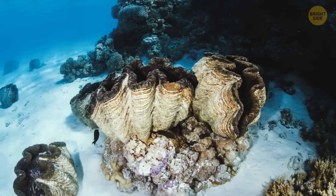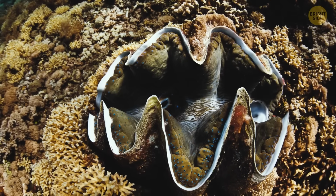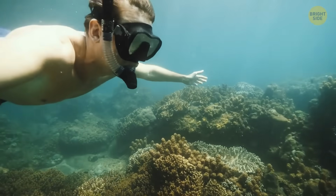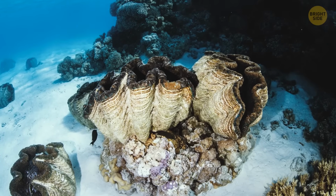Adult giant clams don't move. They attach themselves to a rock or coral and watch the world through hundreds of tiny pinhole eyes. Those are situated along the edges of their soft bodies. Clams can distinguish 3 different colors, but unfortunately, they can't combine the information they receive. That's why they see bright and colorful but totally shapeless images. But that's no slam on the